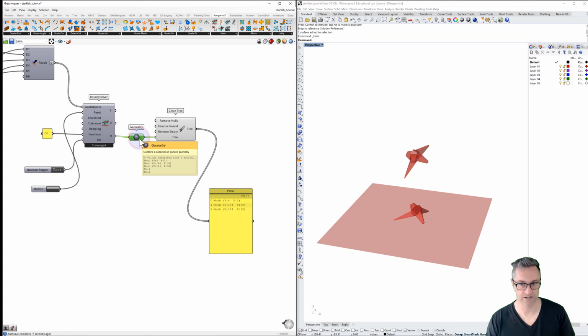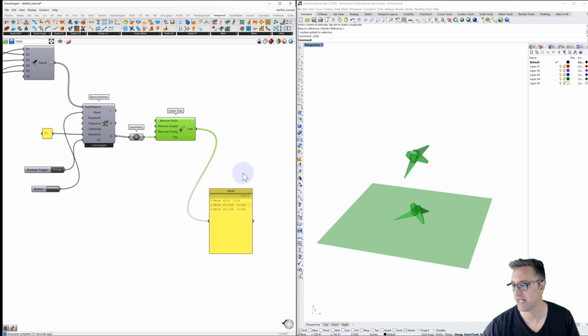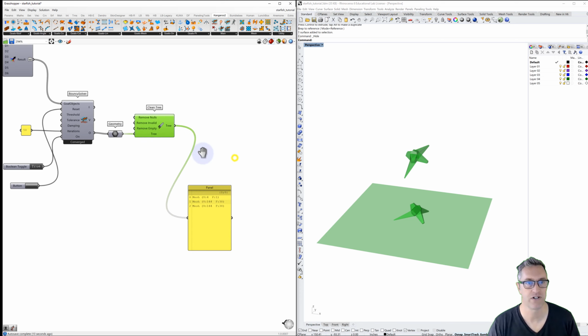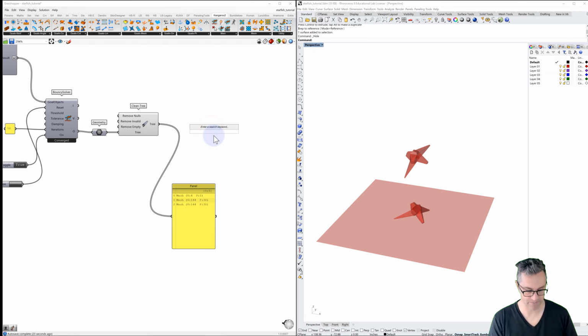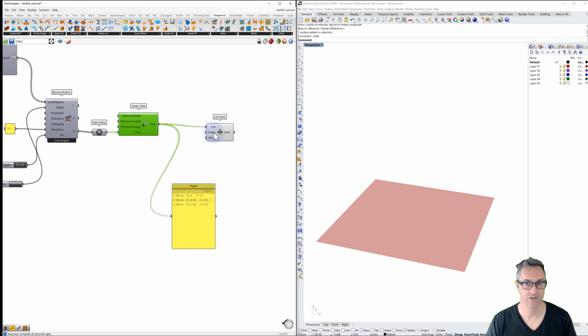I believe we can hide our geometry, right? And our clean tree is represented here. And now let's pull out just basically all we want, which is the object as it's sitting on the plane. And so we'll do that with list item. And our list is going to be our tree. I believe the index, let's see if we hide this. So it looks like index 0 is,